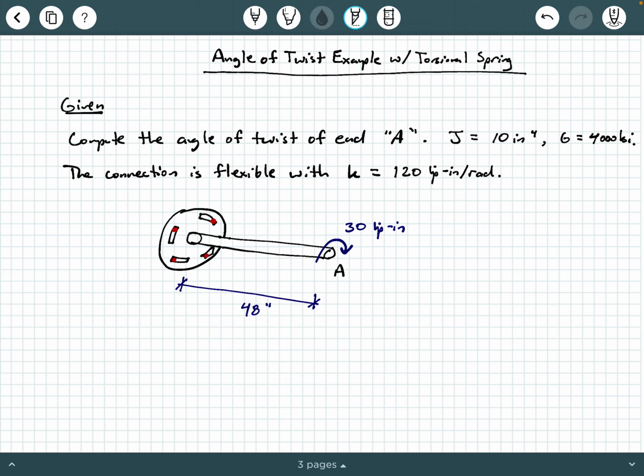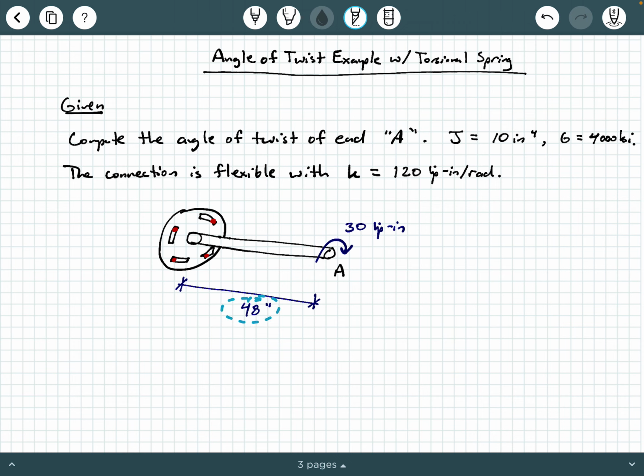We're being told that the polar moment of inertia is 10 inches to the fourth, the shear modulus is 4,000 KSI, and the connection is flexible with a torsional spring stiffness of 120 kip inches per radian. So we see this connection here, it's kind of fixed but not completely fixed because it has some flexibility to it. So when you apply this 30 kip inch torque at the end A,